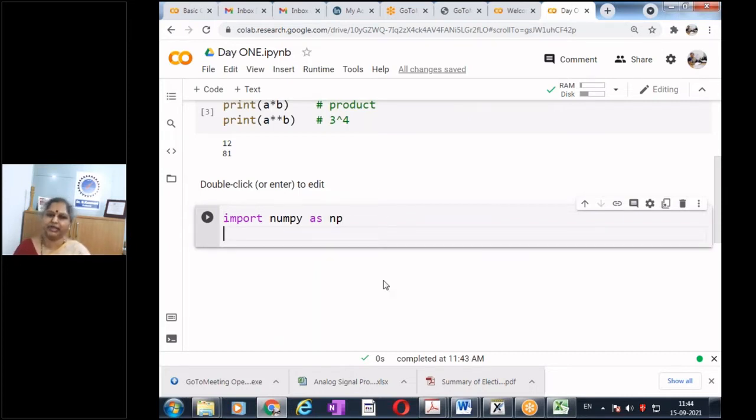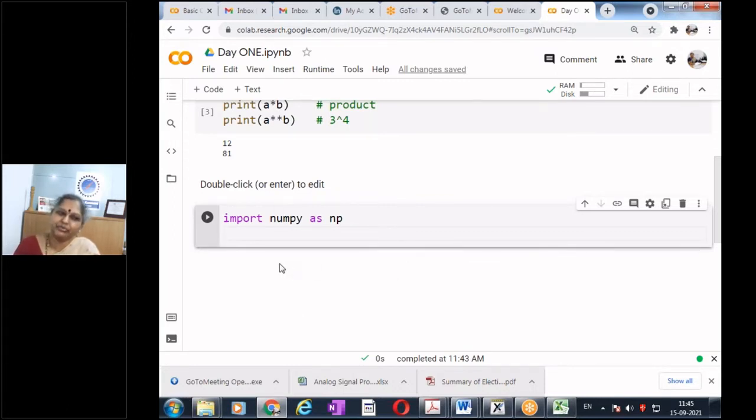Numpy is a library which has a lot of numerical functions and it helps us work with arrays. Please do this command and run the cell. Import numpy as np. What does it mean? This is a library.